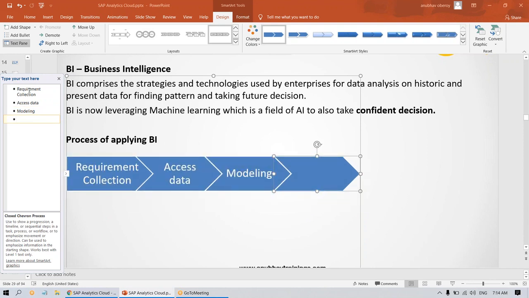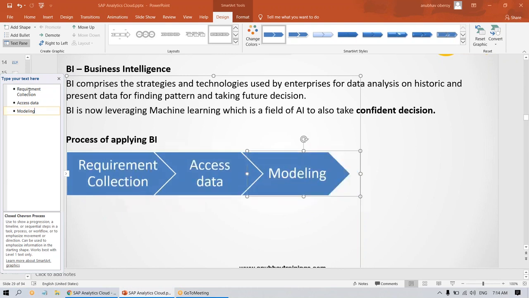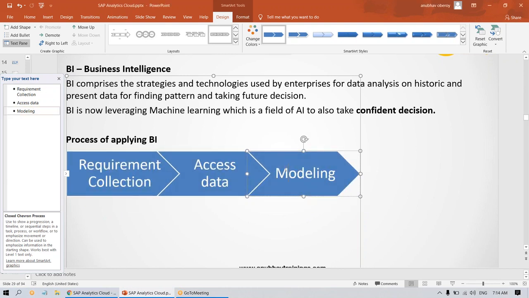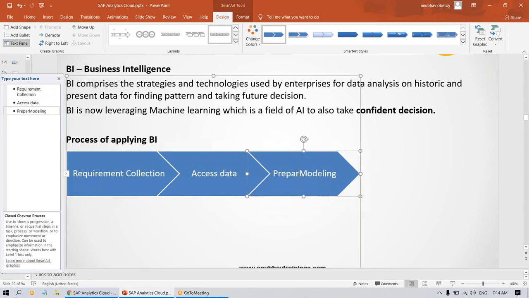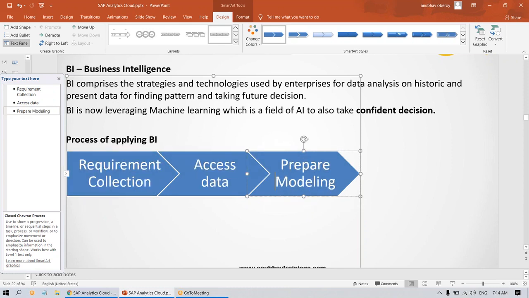Then the next step is visualize, sorry, prepare. Yeah, prepare includes modeling actually. So I would call the prepare phase here modeling. Yeah, preparation or modeling. The next phase is